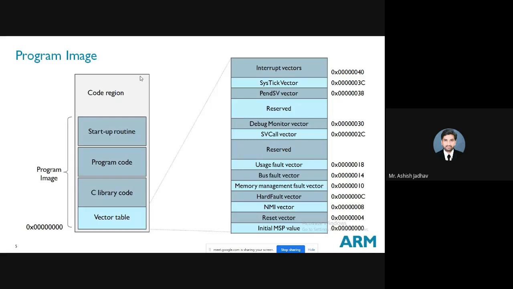Right, now let us understand the program image. Here some map is displayed, and the memory is partitioned something like that. So whatever positions in that code region, see how the code region is with you. Can someone tell me how much size of code region is provided in a Cortex M3?